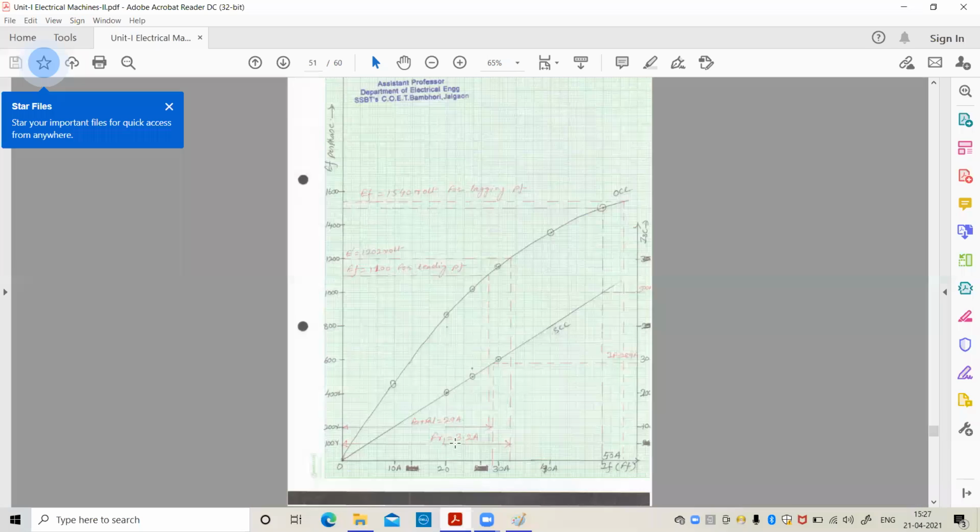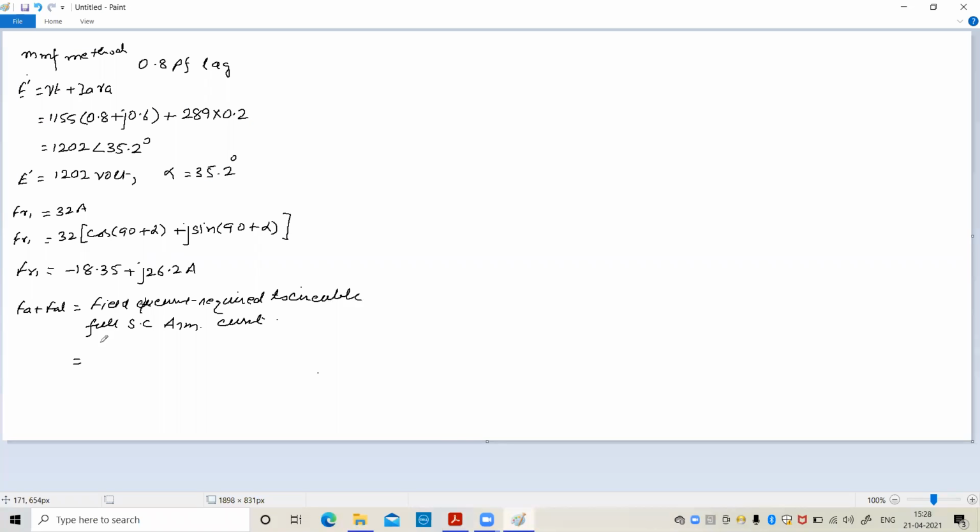the full load current is 289, means nearly 300 ampere is there. So this is the 300 and slightly less than 300 ampere, and it is around less than 330 ampere. Because in the given data 30 ampere will circulate 300 ampere short circuit armature current. So here it is found to be nearly FA plus FAL is equal to 29 ampere. Okay, so we will write FA plus FAL is 29 ampere.